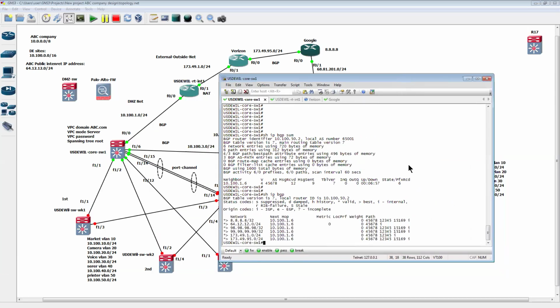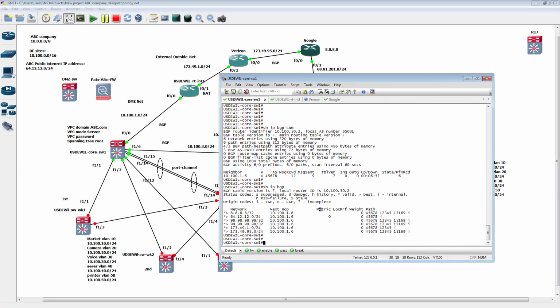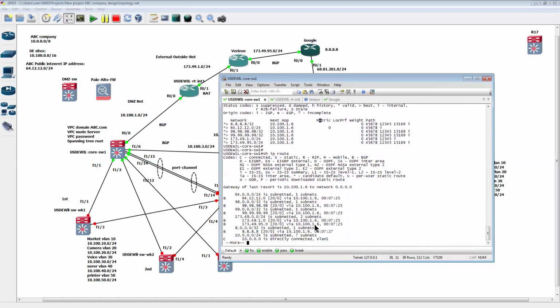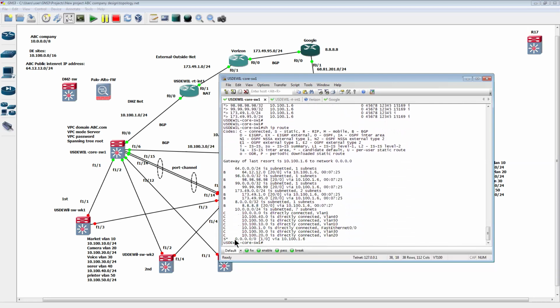Okay, so this is the first time we can demo how to apply a route map BGP policy, since we have BGP, so that we only learn what we want. We want to learn the default route from the internet router. Let me see, do I have a default route here when I show IP route? Let's see. I have a default route from last time. Yes, we have a default route, but